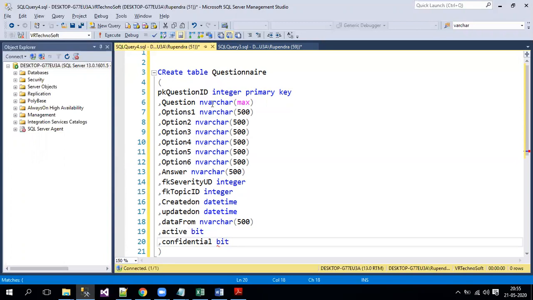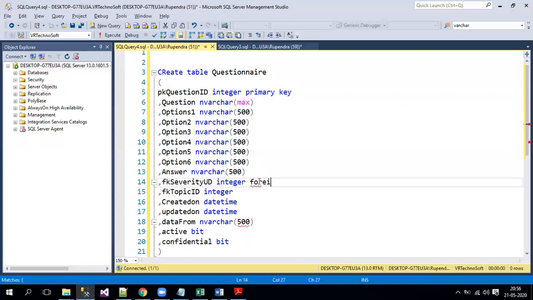Now as this is a dependent table, let's see how many foreign keys there are. So there are two foreign keys, right? One is severity and the other one is topic ID. Which means to create a foreign key, we need to take the reference from the severity table as well as your topics table, right? Now I'll go with the syntax as per SQL syntax.